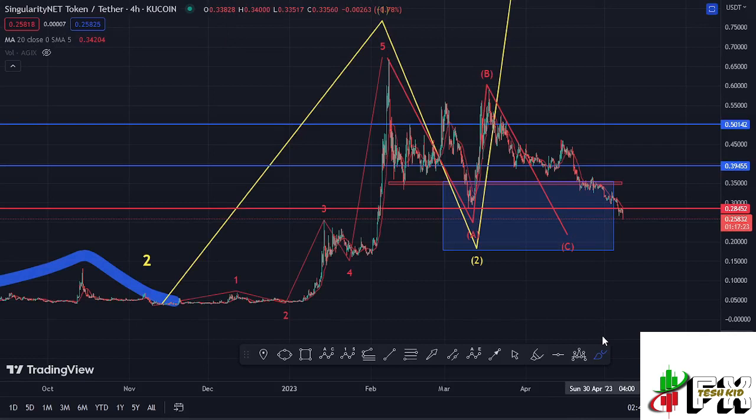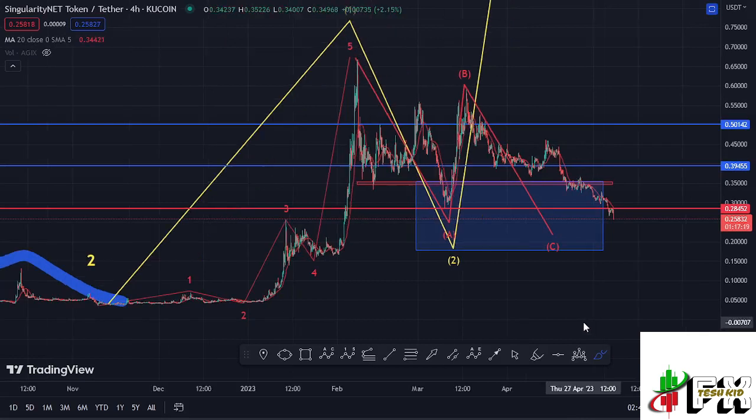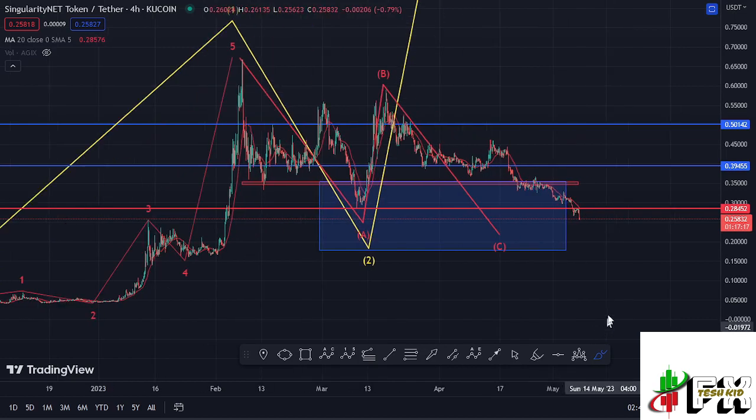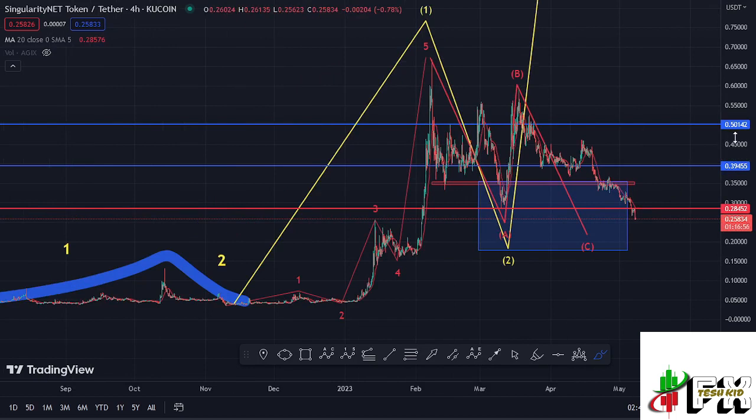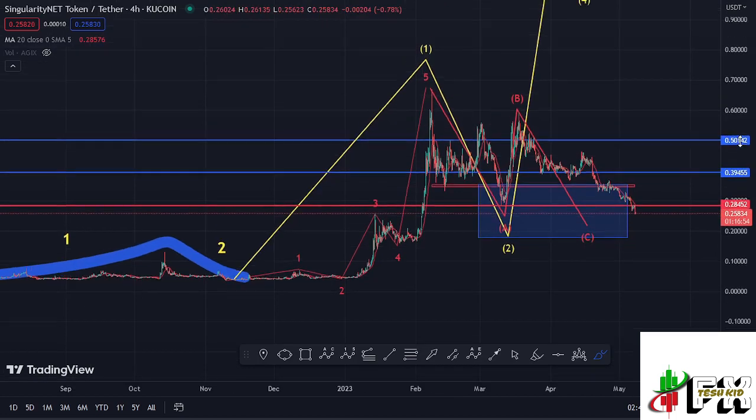Welcome back to TechKidFX for another Agix price prediction update, which at the time of this recording is holding below the 20-day MA here on the 4-hour chart, which is now acting as resistance for us to continue gearing up. We are also holding below a significant low at around the $0.28452 mark. We have also continued to obey the Elliot structures,